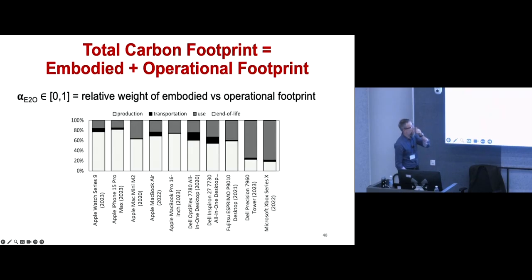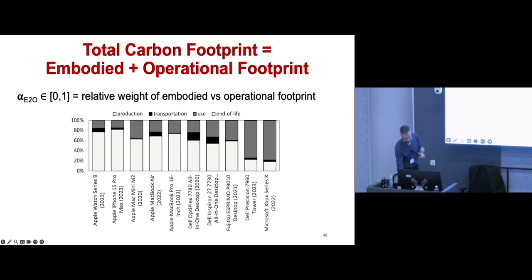So as I promised, just some concrete examples of what these alpha values would look like. I've been picking different types of devices. On the left-hand side, we have an Apple smartwatch, an iPhone, a Mac Mini, a MacBook Air, another MacBook, and then a couple of desktop computers, and a gaming console. And so this alpha value